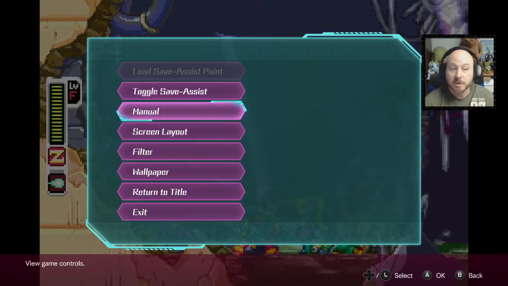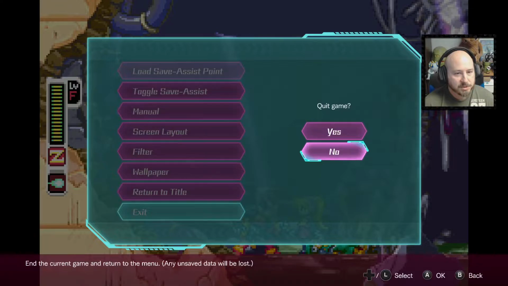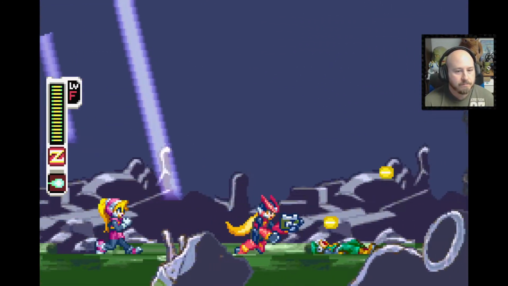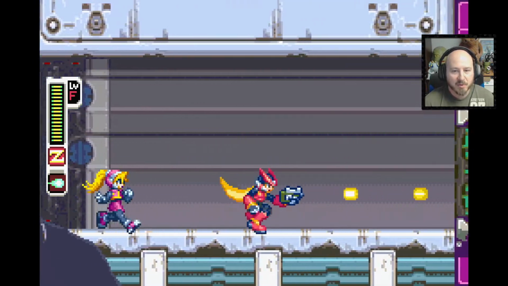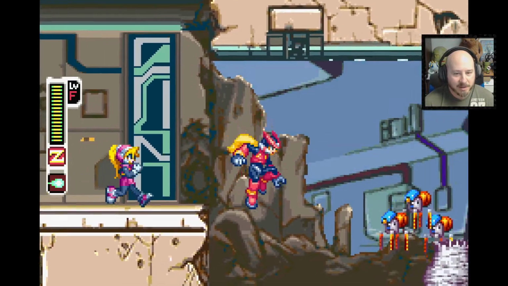There is a manual. You could toggle save assist, so if we end up having a hard time, we could check that out. Oh no, we don't want to exit yet. We just want to play. Okay, let's go for it. Black border is much better. I always find pictures on the sides distracting. I don't know why, but...